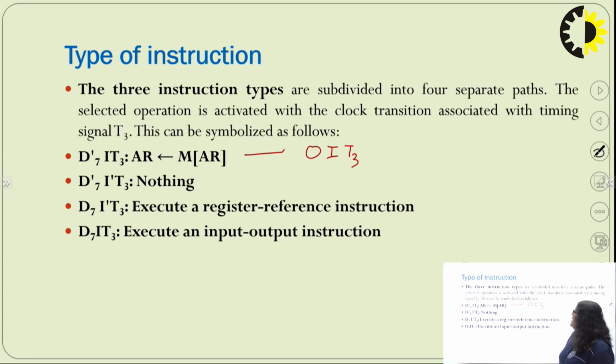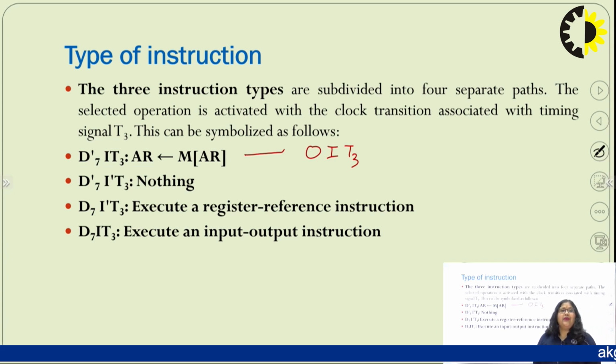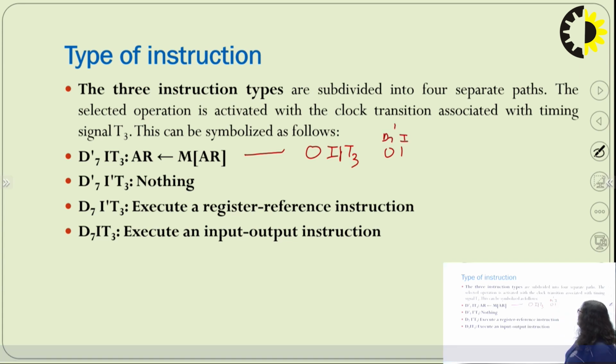When D7 is low, this is a memory reference instruction, and the ith bit is 1 because it is simply I, so it is 0 1. 0 represents D7 complement, I represents the ith bit, the 15th bit. So it is denoted as an